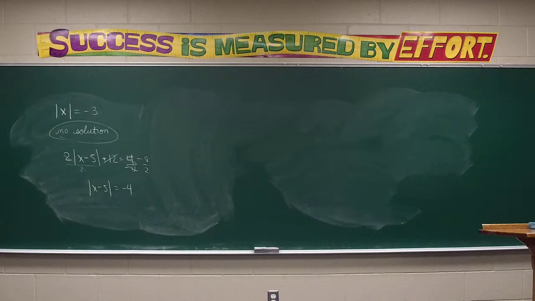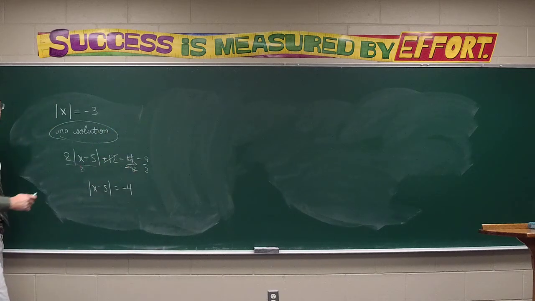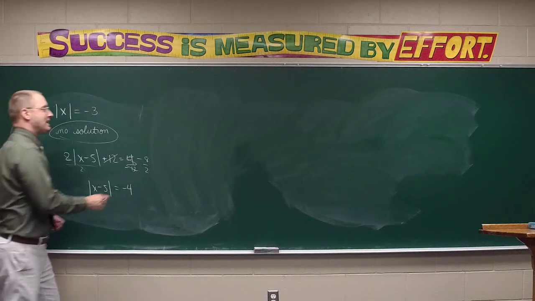There's an x inside the absolute value, like we see here, right? But if there's an x outside as well, you may have one solution and you may have what's called an extraneous